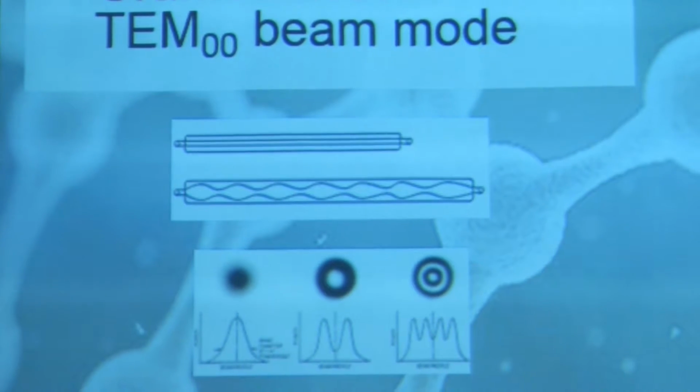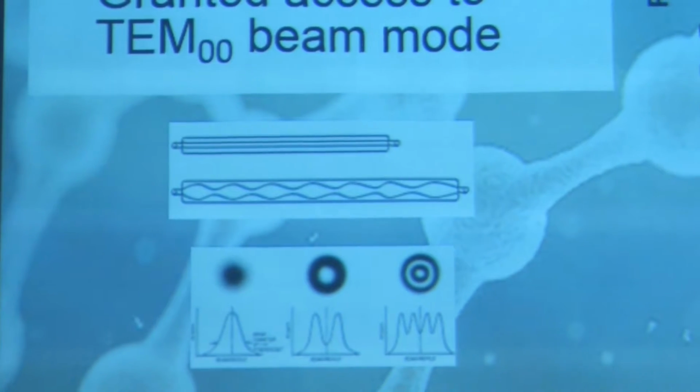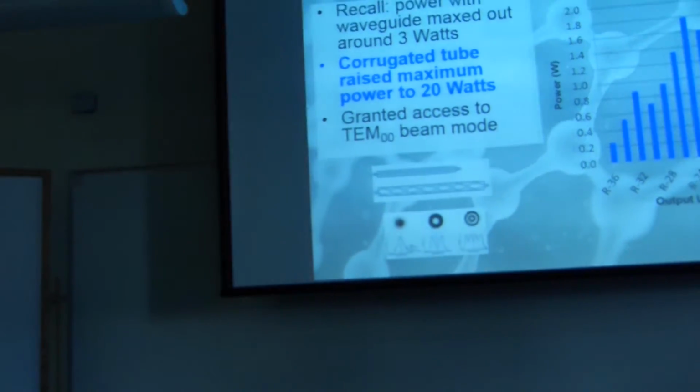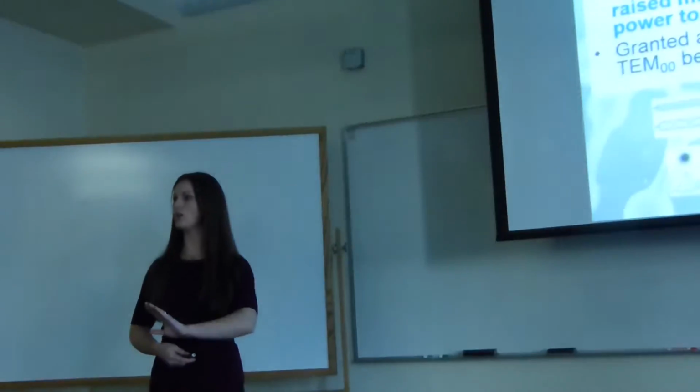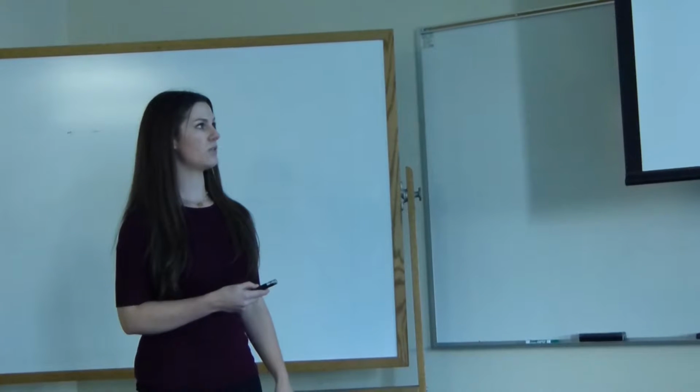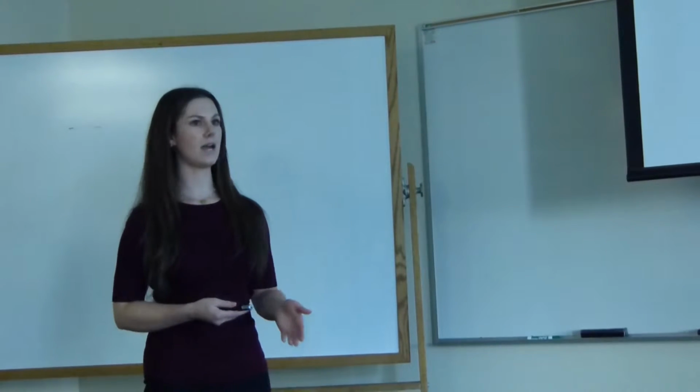And that's going to be important for us because we want uniform graphene. We want it to be continuous and all in one sheet. We don't necessarily want to have some graphene over here and none over here. We want to be able to predict where it's going to be and have it be uniform. So we had to take a lot of data with the laser to figure out which was our highest power